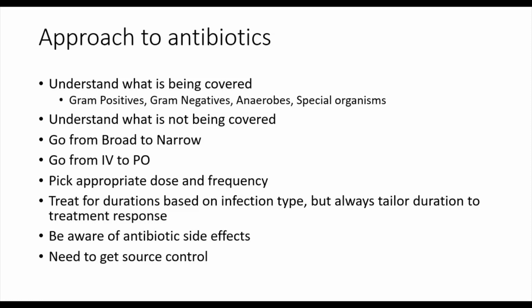As another example, if a patient is given amoxicillin for treatment of a community-acquired pneumonia and doesn't improve after completing the treatment course, one needs to re-evaluate the diagnosis and consider other organisms that may not be covered by the particular antibiotics that are being given. So in the case of a patient who has a community-acquired pneumonia who is not responding to amoxicillin, one needs to consider that they may have a Haemophilus influenzae that is producing a beta-lactamase which confers resistance to amoxicillin, or